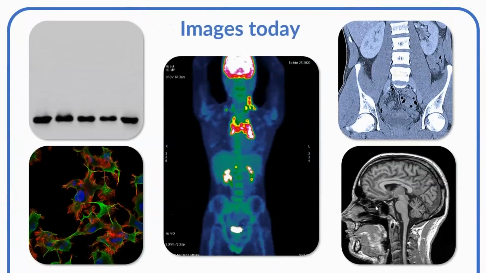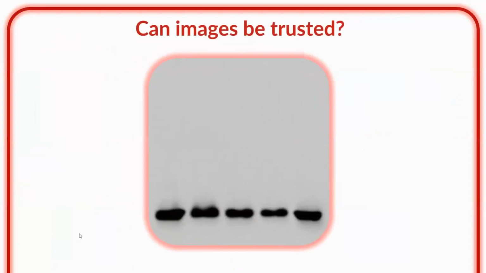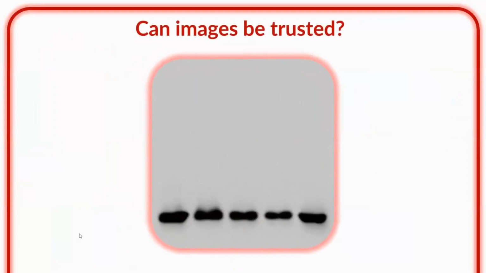So a lot of images today, I've taken specific examples from medical imaging and the life science domain. We can see things like Western blot bands or PET scan, CT scan, MRI, and also a lot of fluorescent imaging techniques. So lots of varied types of images are present today. But just one key question, something that deviates from the general overview of all the presentations and the conference in general, is: are the images authentic, or can the images be trusted by themselves?